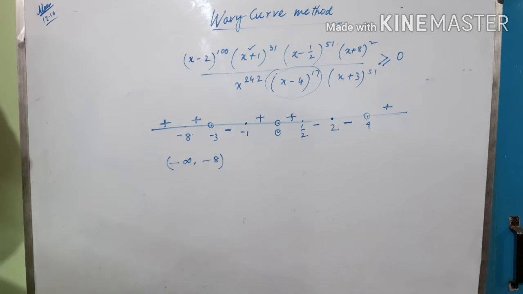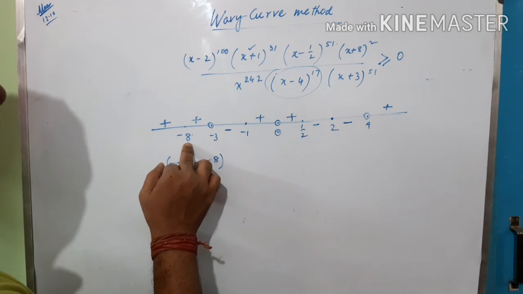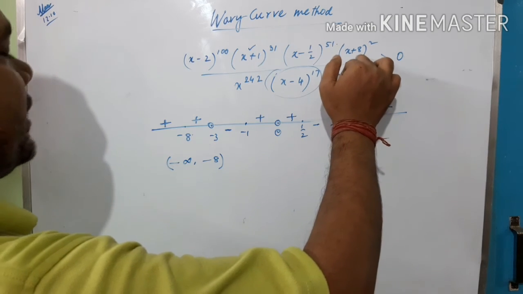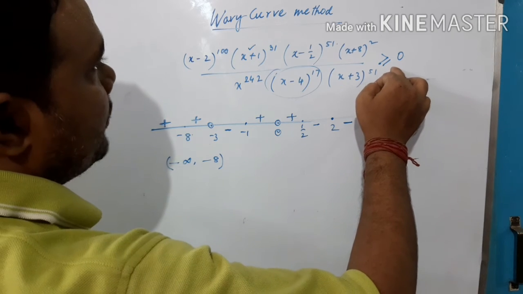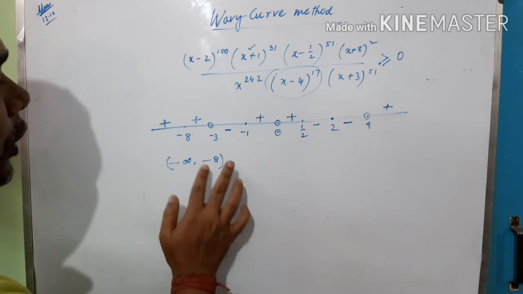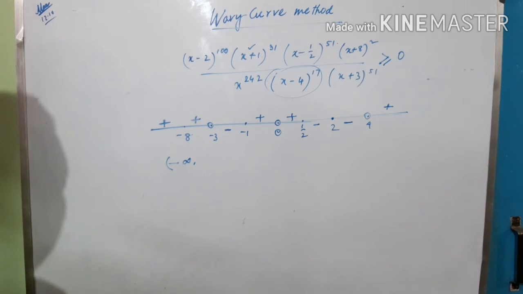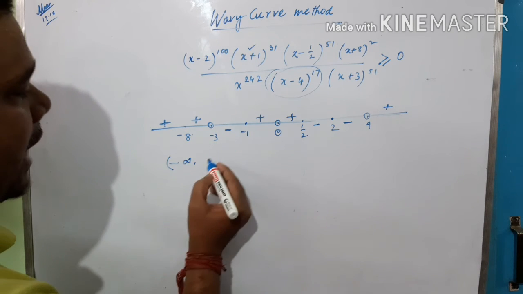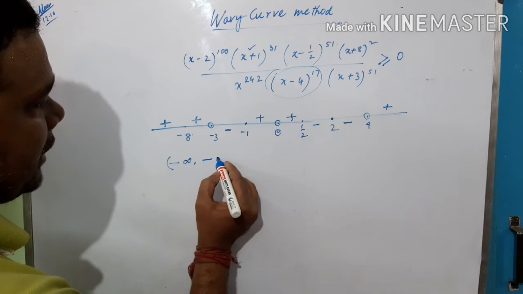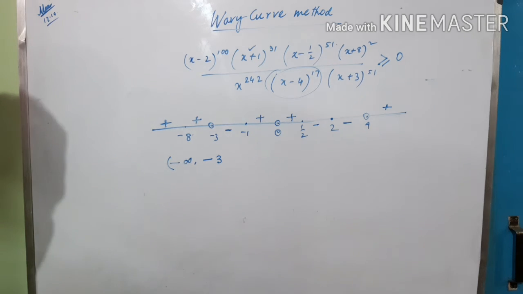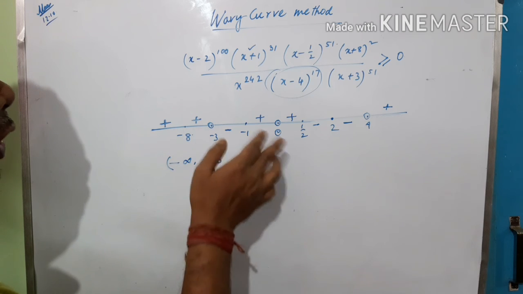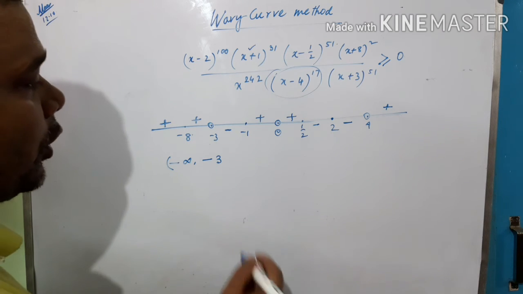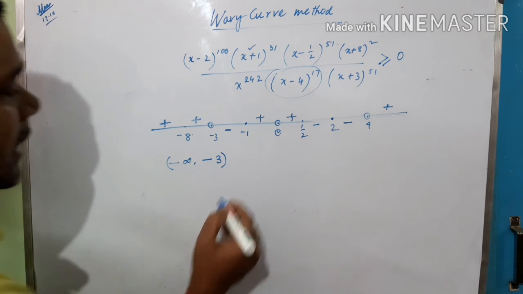And see that if it assumes the value minus 8, what will happen? The value of the expression will be 0, because minus 8 is coming from the numerator and we are allowing the value of the expression to be 0 over here. So we don't take two separate intervals, we just attach these two intervals and write like this: minus infinity to minus 3. And see that minus 3 is a pole value, so we cannot put a closed interval at minus 3, so we are writing like this.